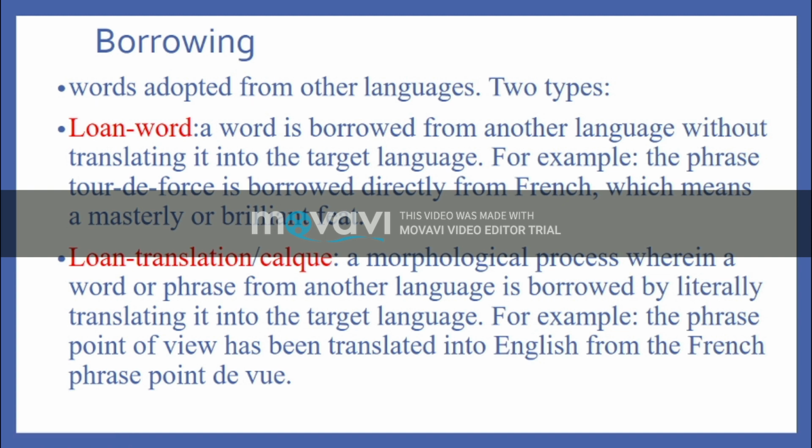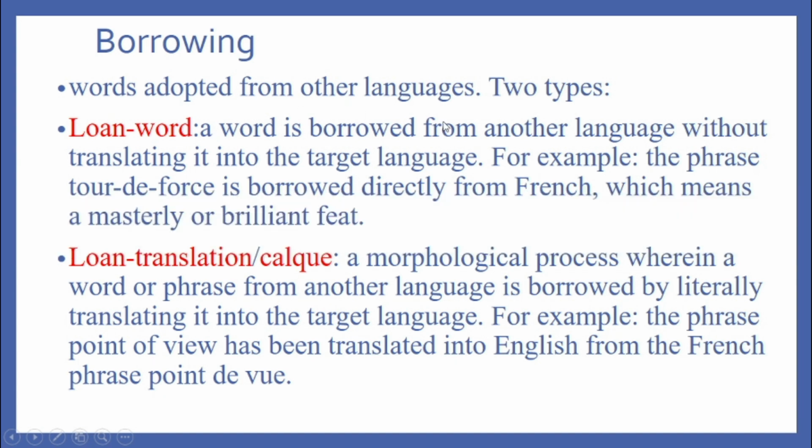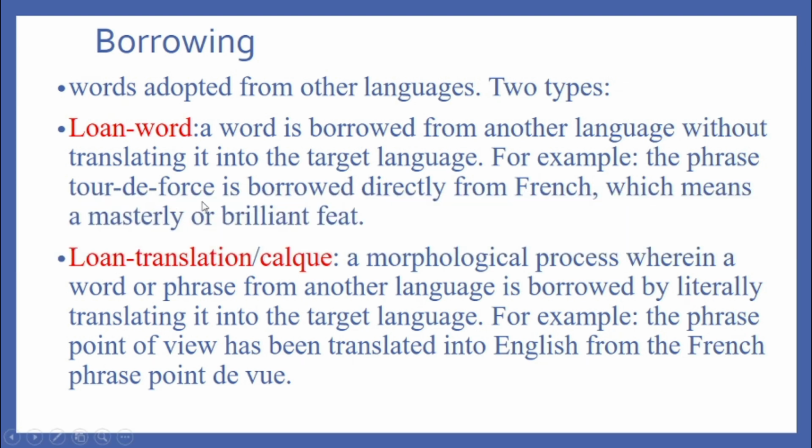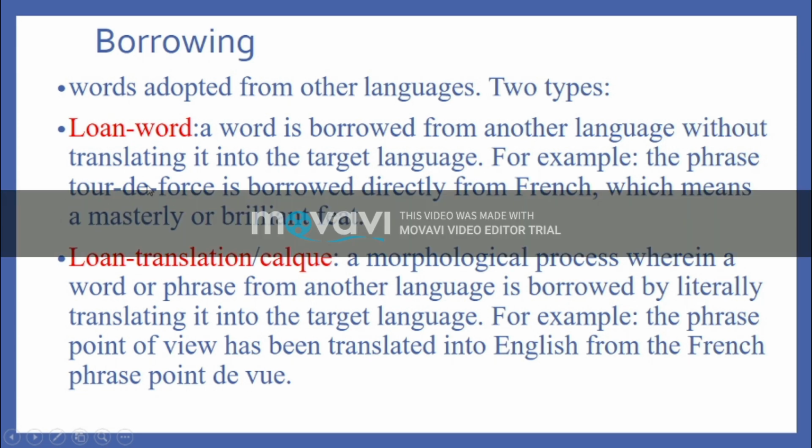Borrowing is another common way of word formation, where words are adapted from other languages. That is, you borrow words from other languages. There are two ways of borrowing. One is loan word, where a word is borrowed from another language without translating it into the target language. That is, you use the word as it is found in the source language. The phrase tour de force is borrowed directly from French, which means a masterly or brilliant feat. So you use the same word as it is found in French,